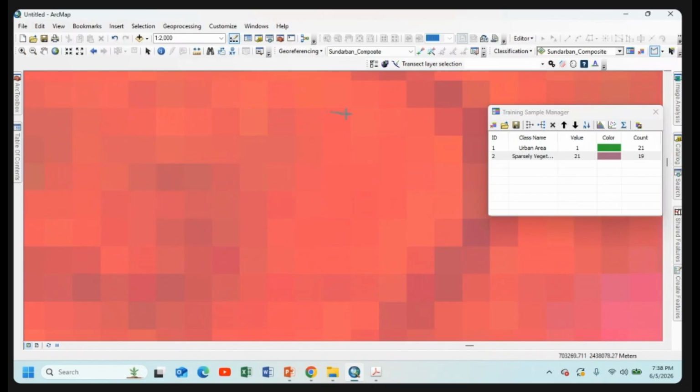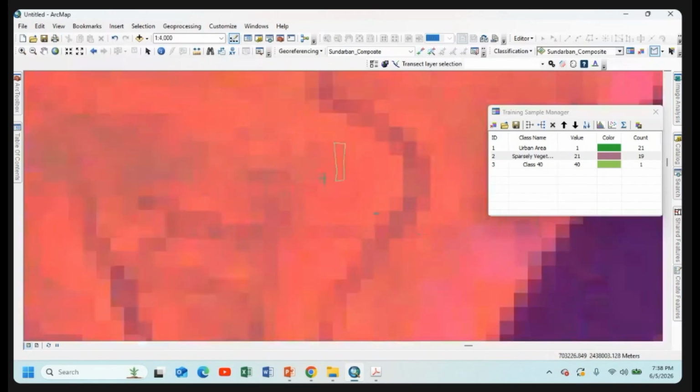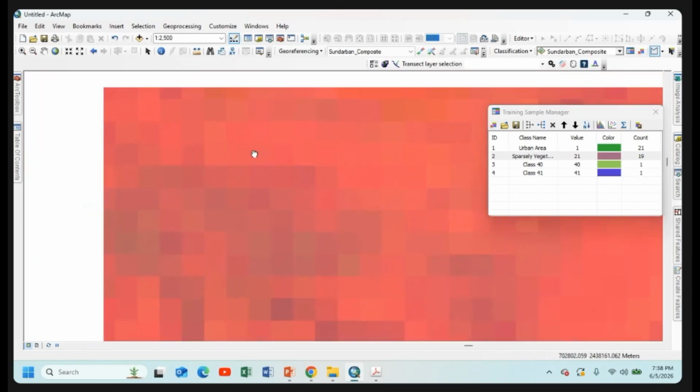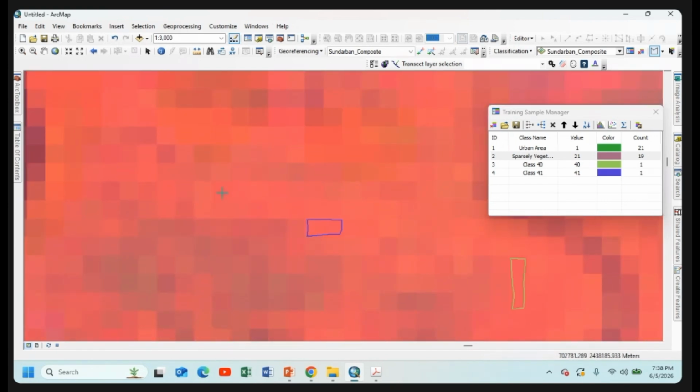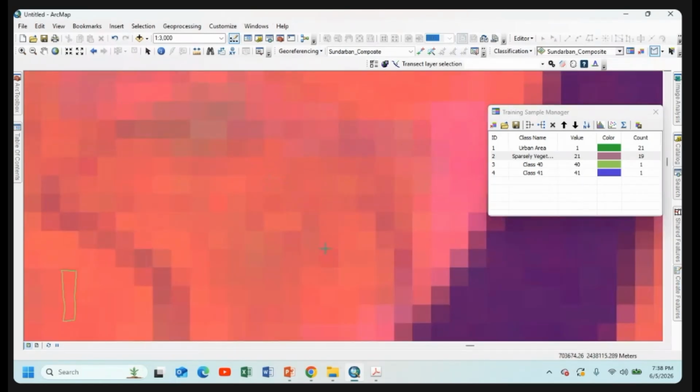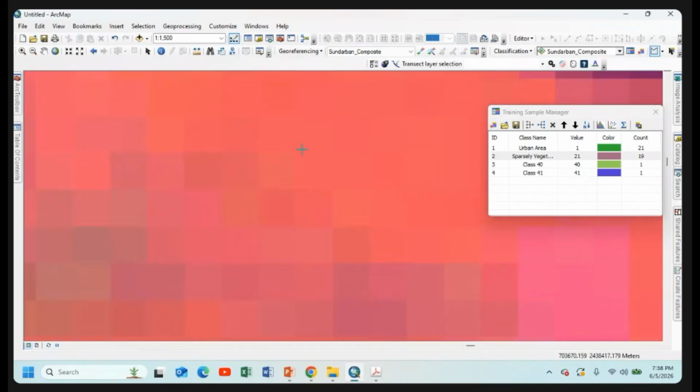This deep color combination is indicating the highly dense vegetation. This is the high dense vegetated area. It is very easy to collect because sparsely vegetated area is somehow not identified by pixel, but vegetated area is identified easily because of the color combination. If you have a problem to identify, you can zoom in maximum to identify through accurate pixel size, 13 to 30 pixel size and resolution, which provide you a better enhanced training sample.